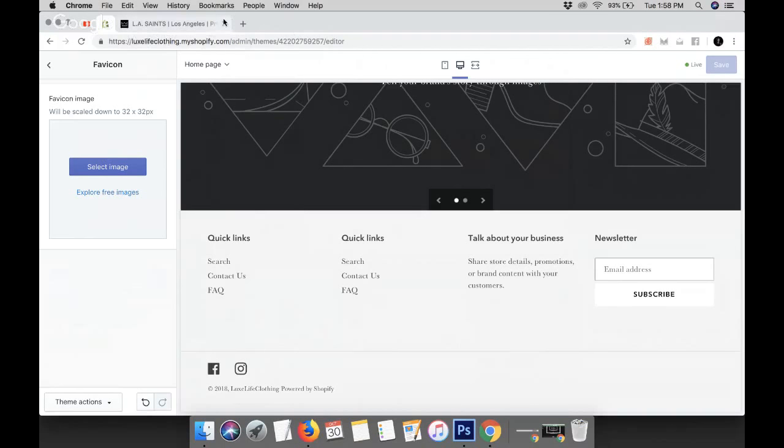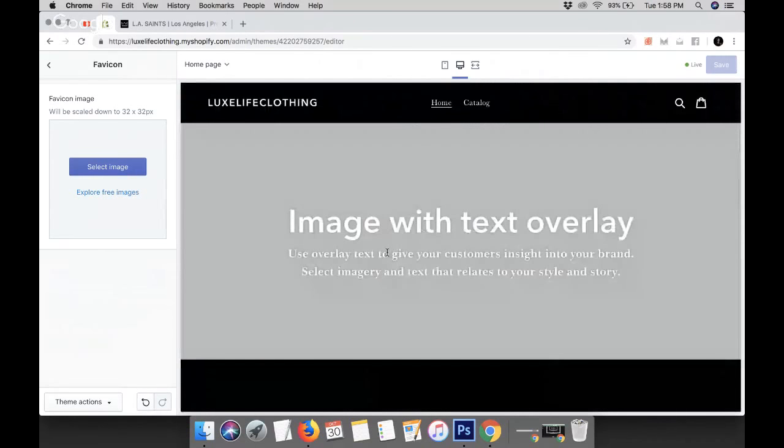So I'm going to go ahead and show you. If you have a brand and you already have your little logo, then upload that little logo here. If you don't have one, there's always Google. So this is a luxury clothing brand. So I'm going to go ahead and think of something luxurious for clothing that I would want people to see at the top of my store. I could either design something specifically to my logo or just simply go to Google